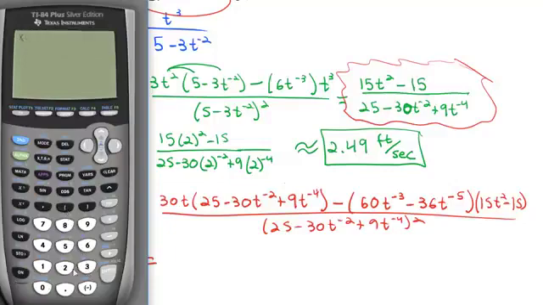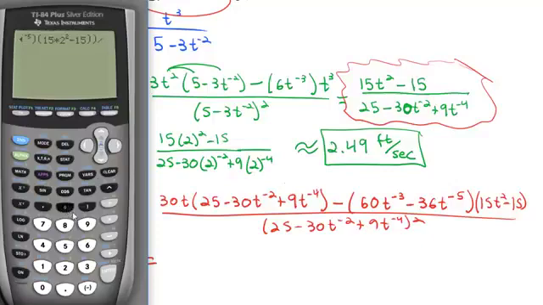So we've got a numerator, parentheses, 30 times 2, open a parentheses, 25 minus 30 times 2 raised to the negative 2 power, plus 9 times 2 raised to the negative 4 power, close the parentheses, minus, open a parentheses, 60 times 2 raised to the negative 3 power, minus 36 times 2 raised to the negative 5 power, close the parentheses, open a parentheses, 15 times 2 squared minus 15, close the parentheses, and close the parentheses on the numerator,